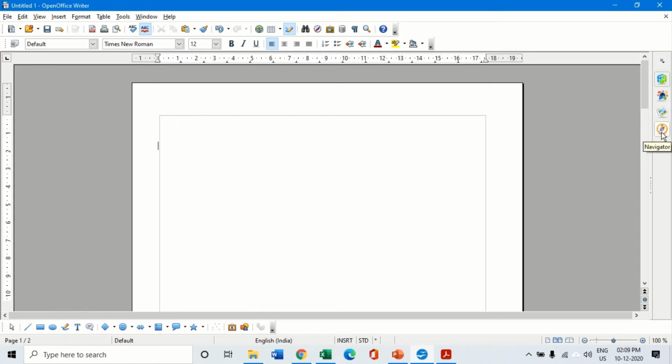As and when we move ahead, we will be able to clearly understand the use of these particular icons. As of now we are not going to go through it. So basically this is the entire structure of an OpenOffice Writer document. Let us now understand how to format text in a document.